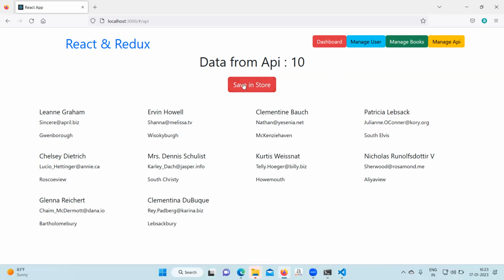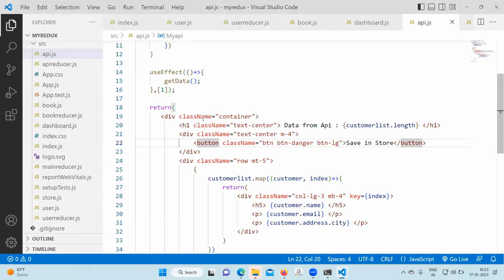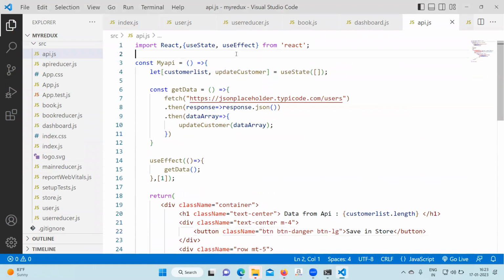So hope your data is coming. Now we'll click on a store. So this API data will go to the store. So to send this data to a store, we have to call here